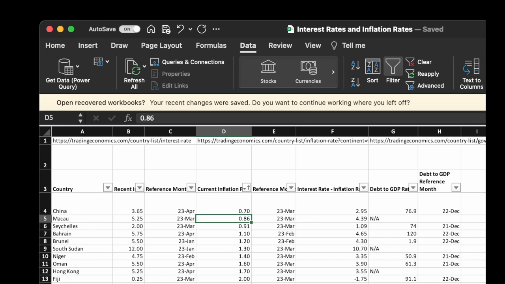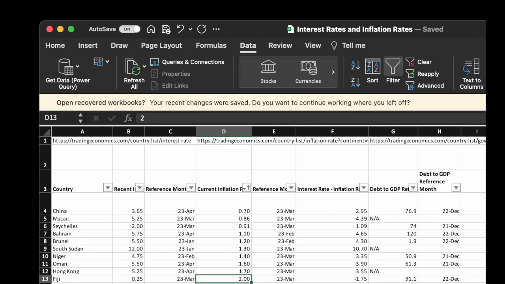Followed by Macau, which, from my understanding, is just a special region within China. But then Seychelles at 0.91, Bahrain at 1.1, Brunei at 1.2, South Sudan at 1.3, Niger at 1.4, then Oman at 1.6, and Hong Kong, which again is a special region within China at 1.7,